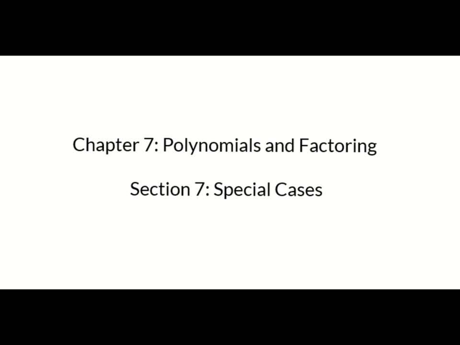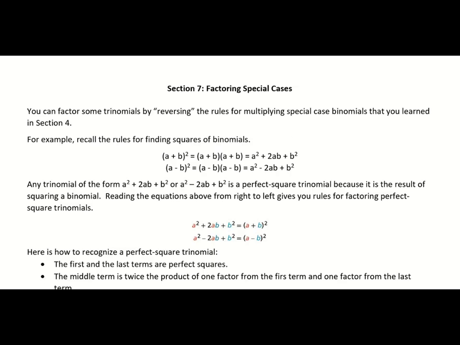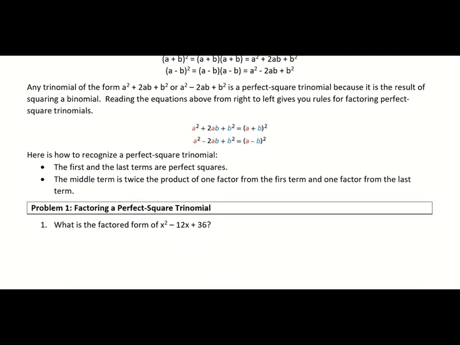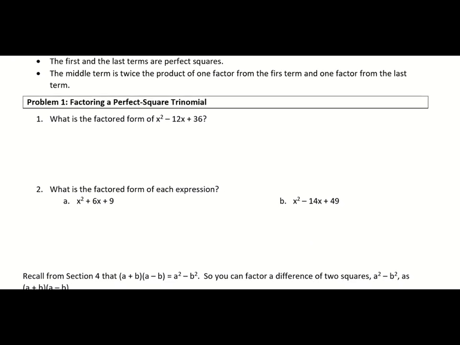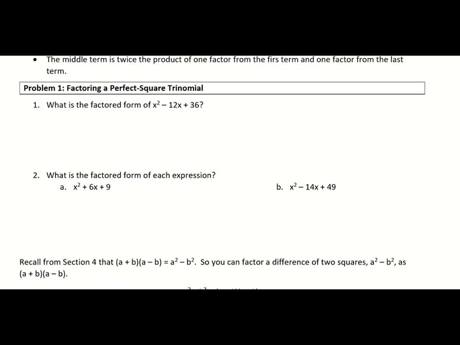Today we're going to discuss Section 7 of Chapter 7, Factoring Special Cases of Polynomials. When we talk about special cases, we are talking about a consistent rule that can be used to factor certain types of binomials and special trinomials. If you want to follow those rules, you can read through the first part of the notes. However, I'm going to show you how to consistently use the trinomial method that we have been using to factor these